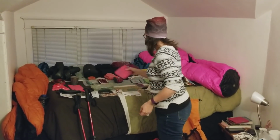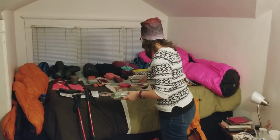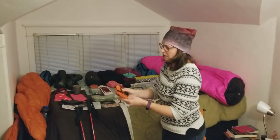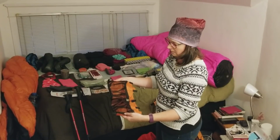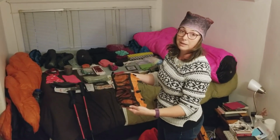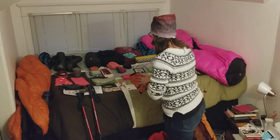Okay, so this is my little handkerchief that I'm going to bring because I know my nose runs like crazy in the winter. This is my ditty bag that is going to hold all these small things inside the pack. I've got a little organizer for my hammock, and this is handy because I'll put my nighttime stuff in there, my glasses when I'm sleeping, my headlight if I need to go out in the night,